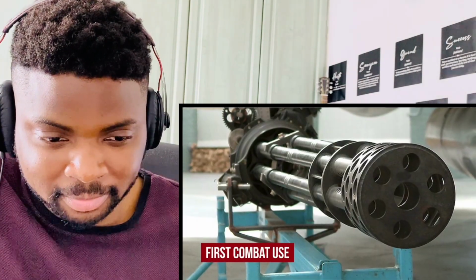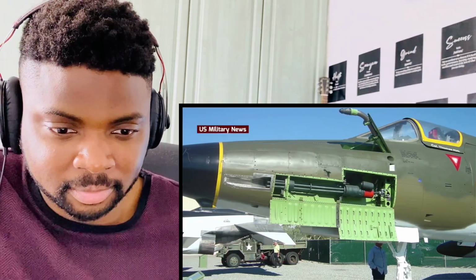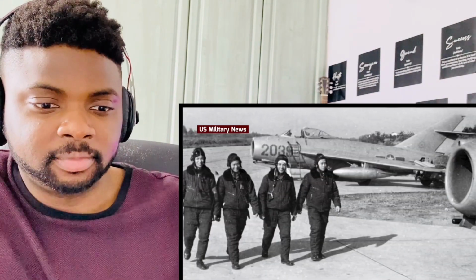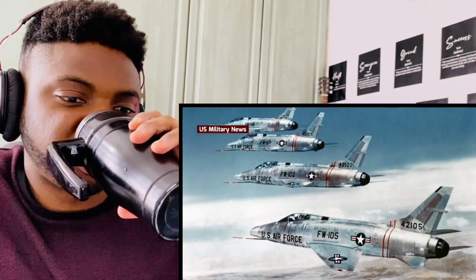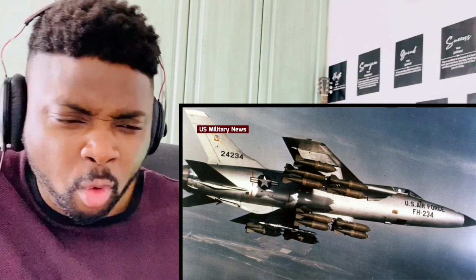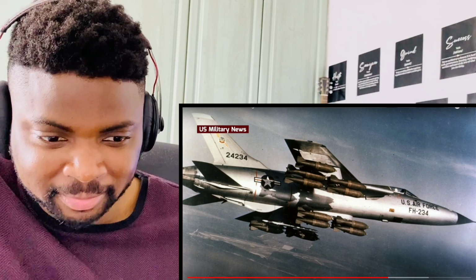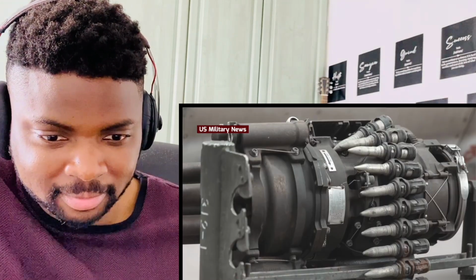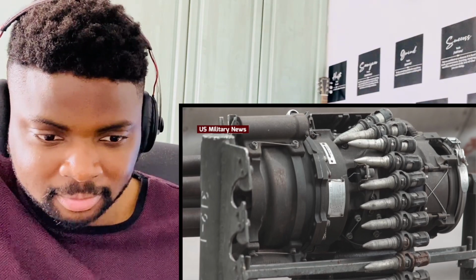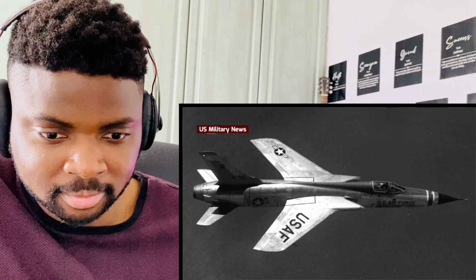Applications and first combat use. The Vulcan first entered aerial combat on April 4, 1965, when 4 North Vietnamese Air Force MiG-17s attacked a force of 10 escorting North American F-100 Super Sabres and 48 Vulcan-armed and bomb-laden F-105 Thunder Chiefs, shooting down 2 of the latter. The first confirmed Vulcan gun kill occurred on June 29, 1966, when Major Fred Tracy, flying his F-105 Thunder Chief with the 421st Fighter Squadron,